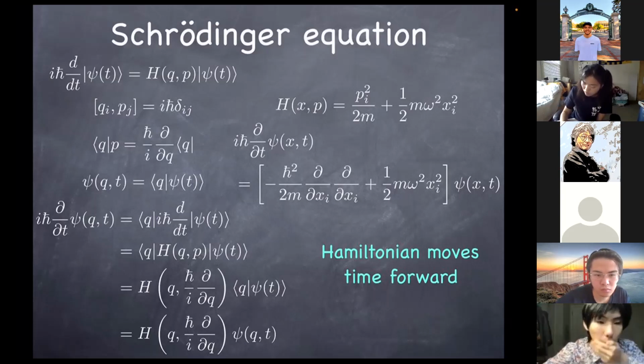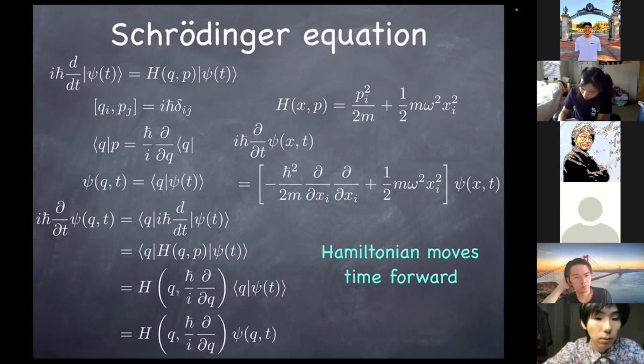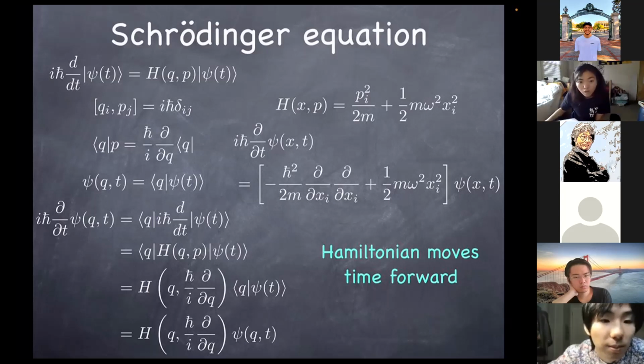So this Q in the bra notation is the eigenvalue of the position operator. When you act the Q operator on this Q bra, that gives you the eigenvalue Q. That's why I'm using the same Q for both operator and eigenvalue. I apologize, that's probably a confusing thing I have done. But anyway, in the Q bra, this Q is meant to be a number that is the eigenvalue of the